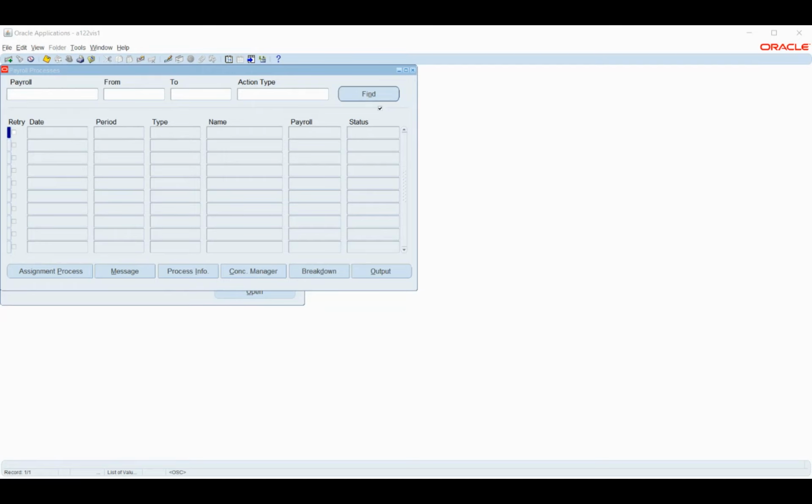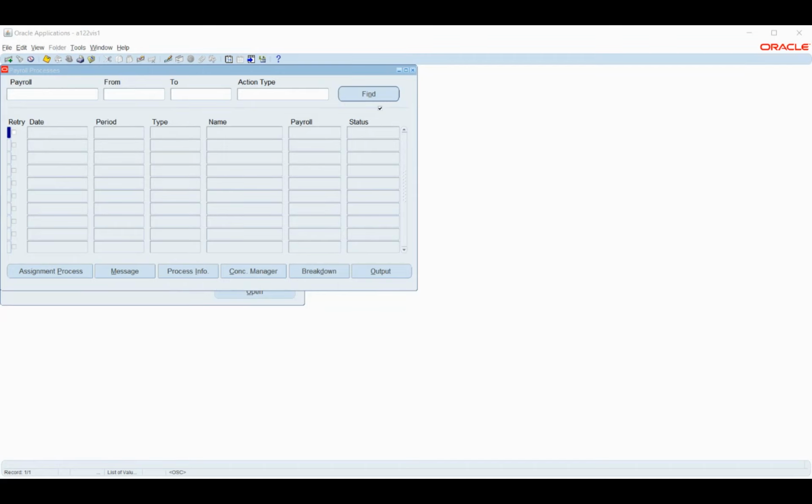But if you see Fusion, that is entirely different. We have something called FBDI. This is file-based data import, wherein we can just enter the values in an Excel sheet, and the system will automatically get those values into the application. So we don't need to do anything. Similarly, we have more features in Fusion. We have something value added in Fusion.